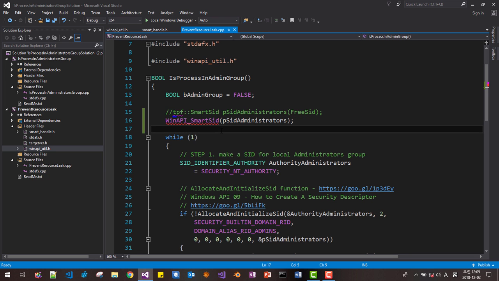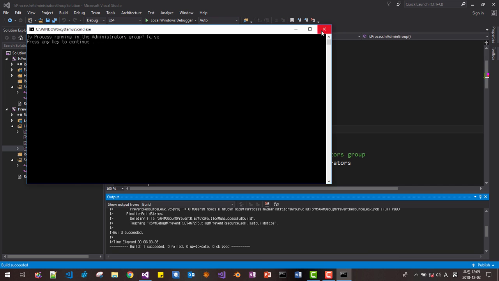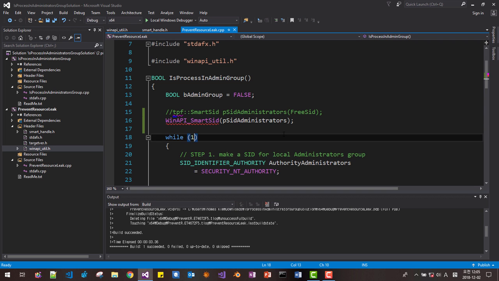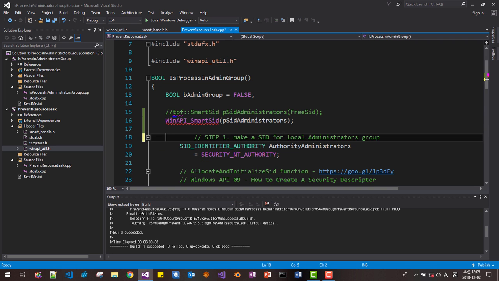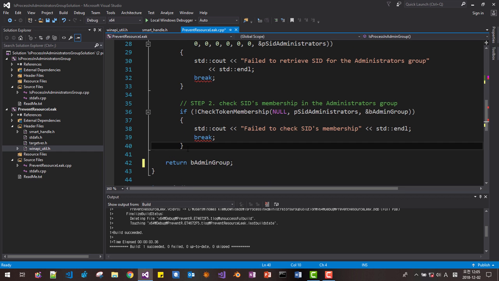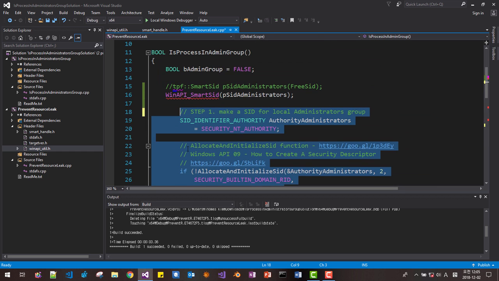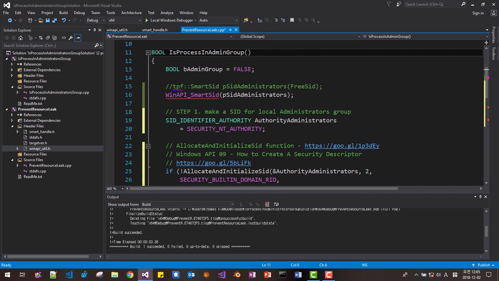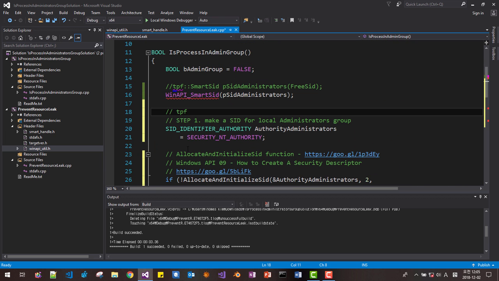Then Control F5. Okay, it works as expected. Now we remove this part. I removed once, and I remove this block. I also remove this, and I will arrange the code like this. Then we create, like this, typedef